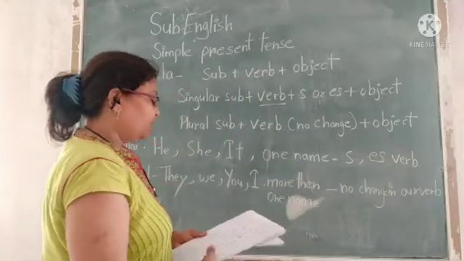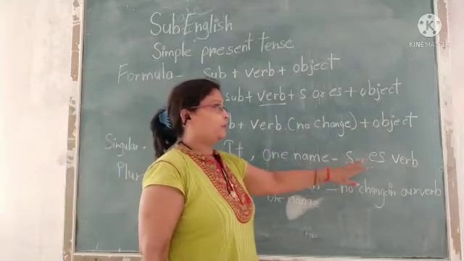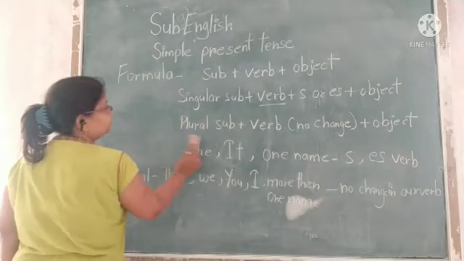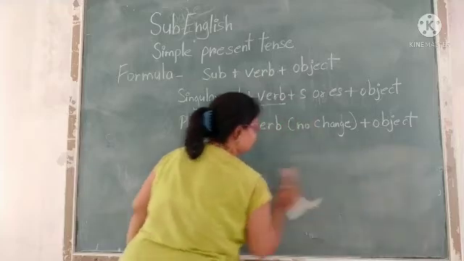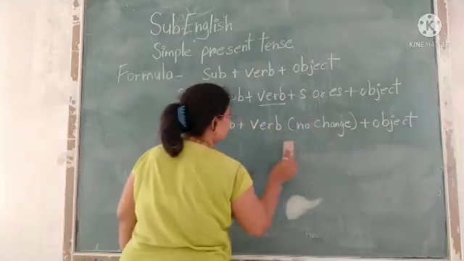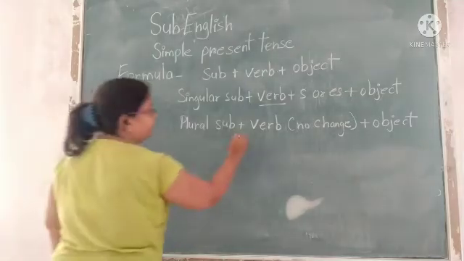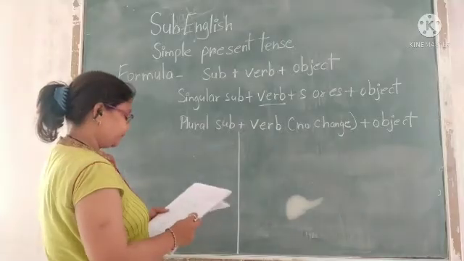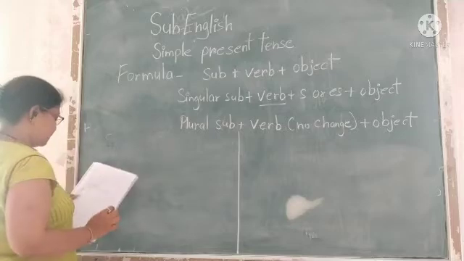Now students, we will look where do we add s or where do we add es. We divide our board into two parts. Students, rule number 1 is if